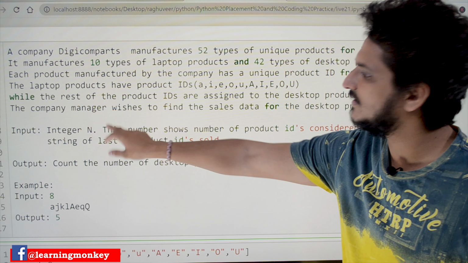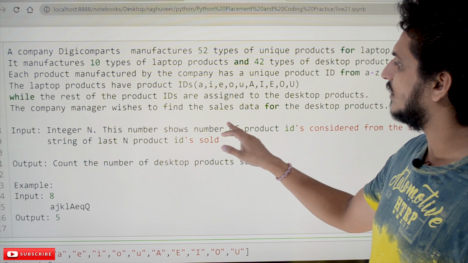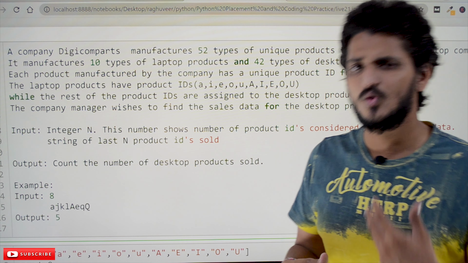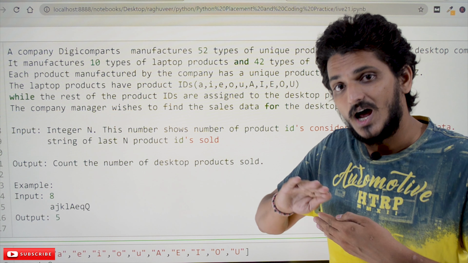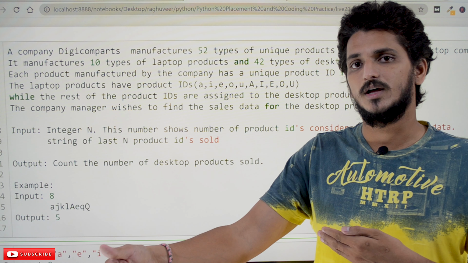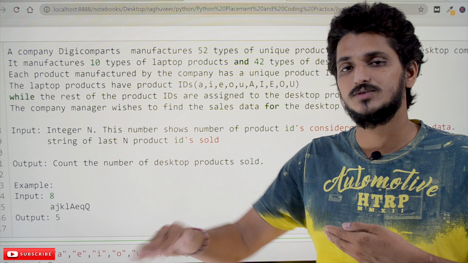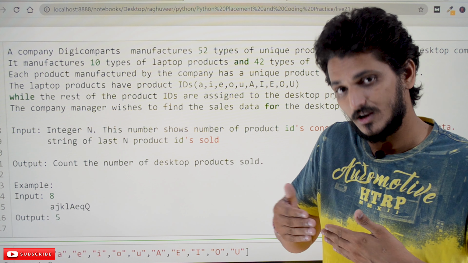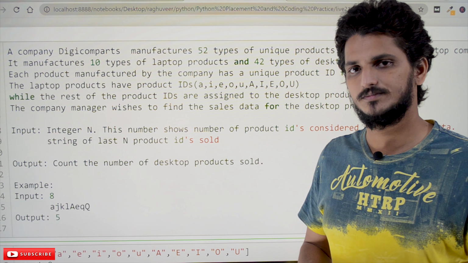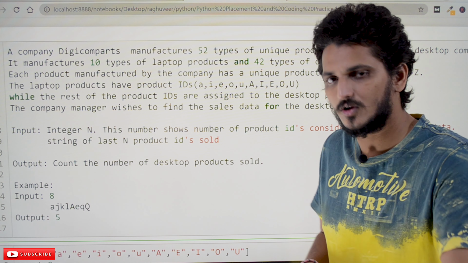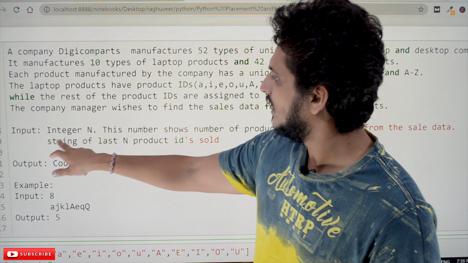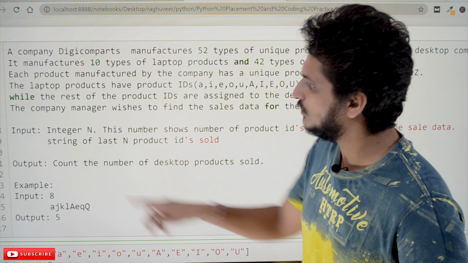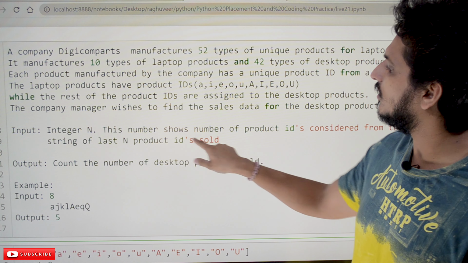The input is given as an integer n. The number shows how many product IDs are considered from the sales data. Everyday sales are going on, and the last n products that were sold are considered. The next input is a string of the last n product IDs sold.